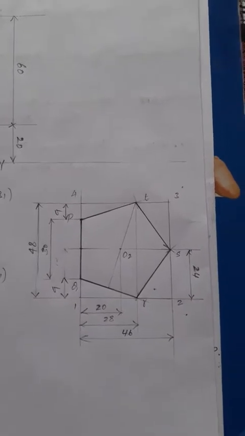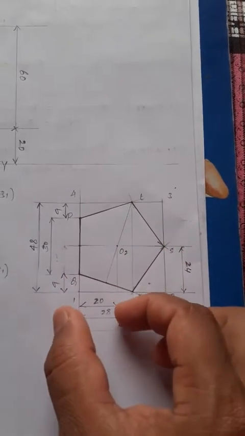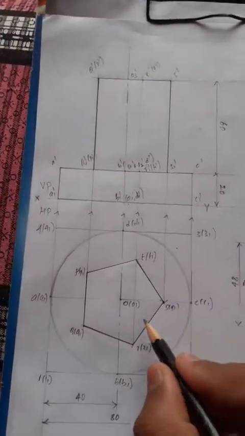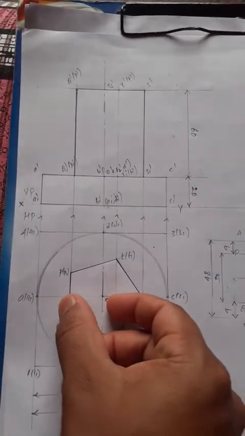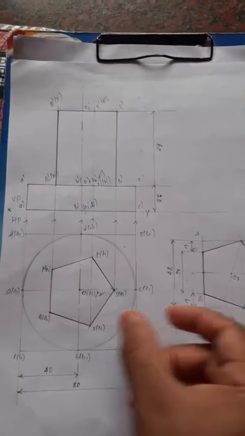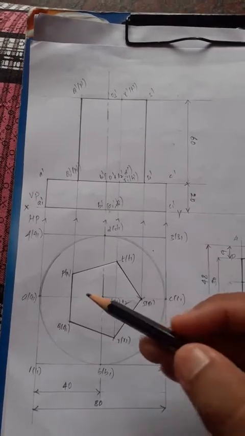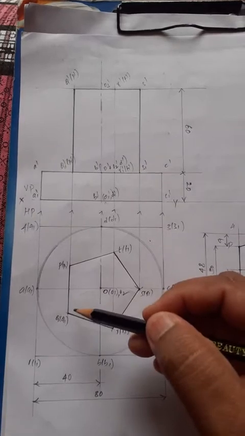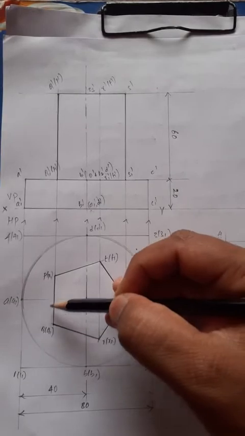Then you transfer. Now you know that from O to the center of edge PQ is almost 20 mm, right? Now take the center here, call this center O2. From this center on the horizontal line, take 20 mm in the compass and draw an arc on the horizontal line. Once you get the center point here, draw a vertical line from it. On the vertical line, how much do you measure? Total edge is 30 mm, so 15 mm on each side.